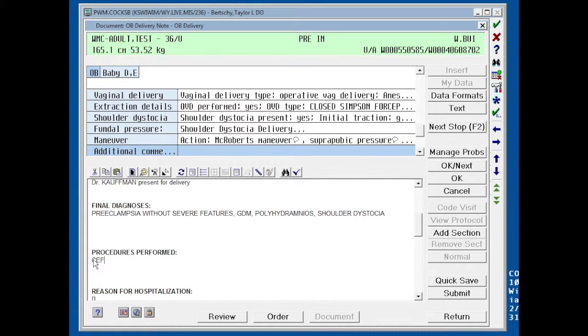So continuous external fetal monitoring, epidural, forceps assisted vaginal delivery, McRoberts, suprapubic,